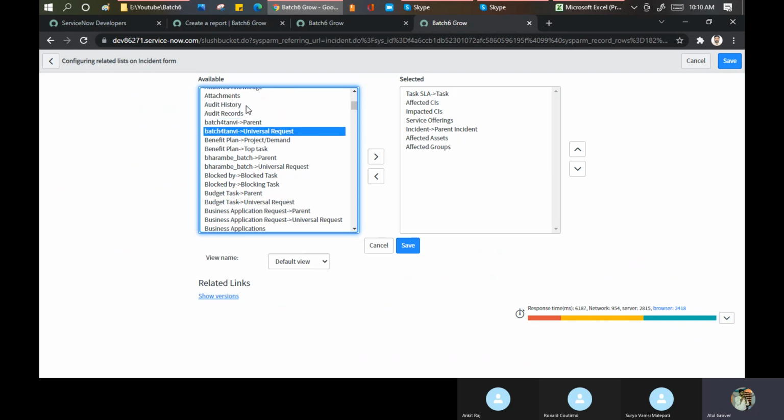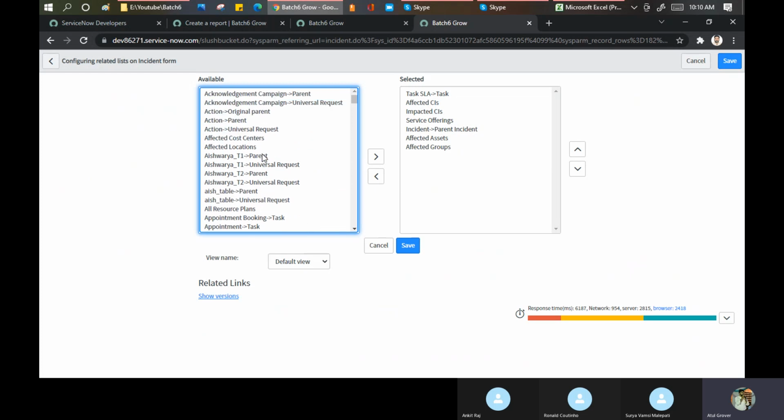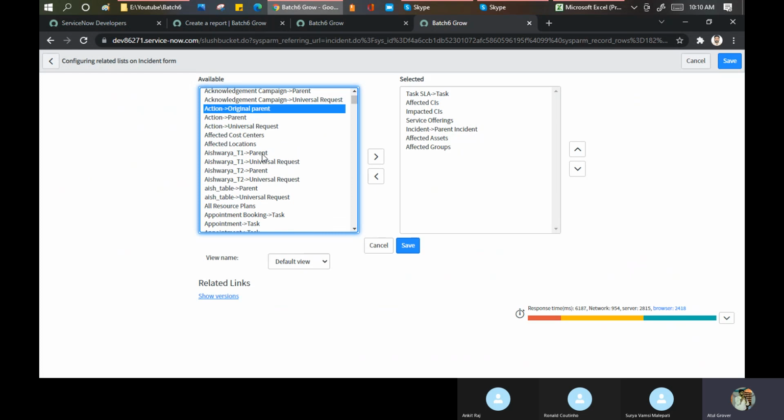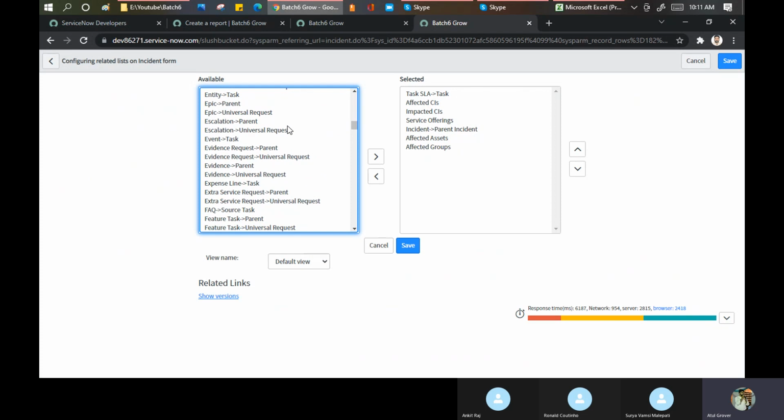Breakdown is not there. Let me see. Assignment group. Assignment group in here. There's a concept. There's a related list available, by which you can see how much time a ticket was in the bucket of a group when it was moved from new to in progress to hold to in progress to resolve to close to reopen. All these things you can see. Those things come from the metrics only. Maybe I need to look here. I'm not getting the right name here. Otherwise, I can show you.